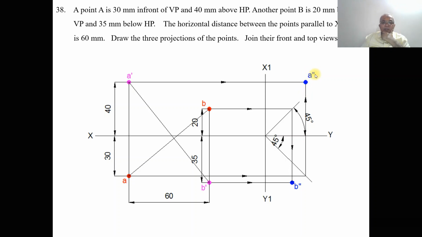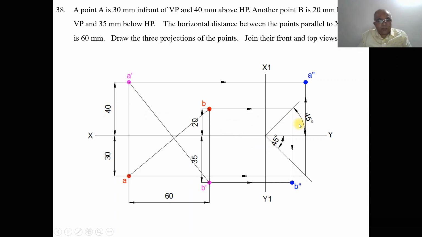Similarly, now the top view of the point B is above XY line, so draw a 45 degree line adjacent to the top view point. So you draw a 45 degree line here and draw a horizontal projector from the top view point B, and similarly draw a horizontal projector from B dash to the profile view and draw a vertical projector from the 45 degree line. Both these projectors will intersect at this point, and you mark this point as B double dash. So this is how we will be able to solve this problem, conceptually.